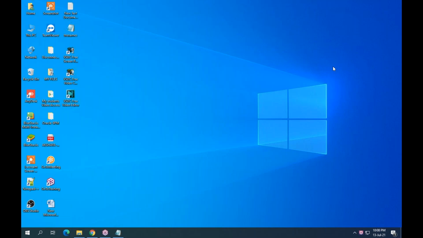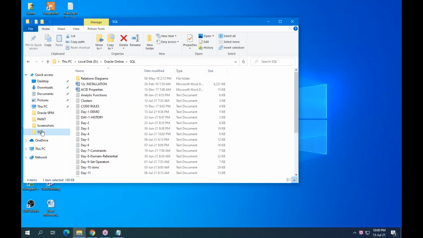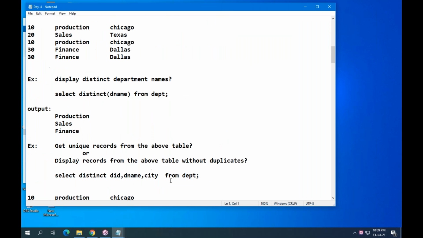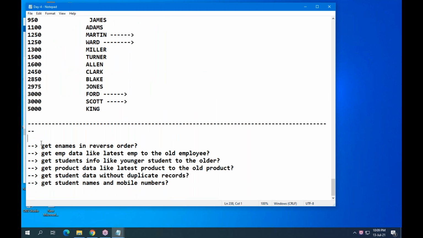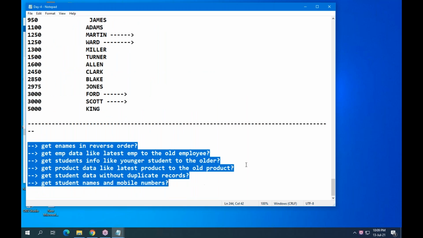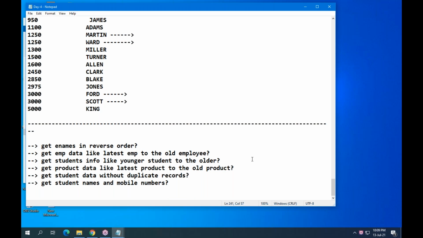Compulsory. Every day, once practicals start, at the end of the document you can see assignments and solved examples also.